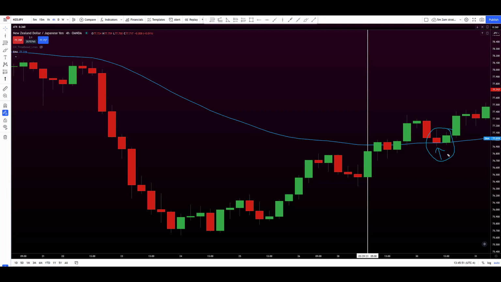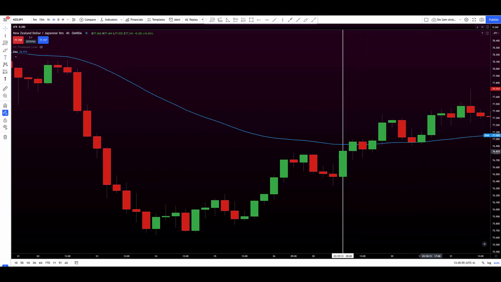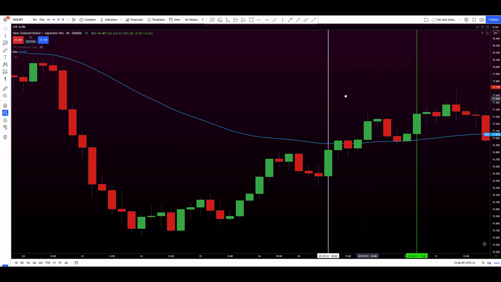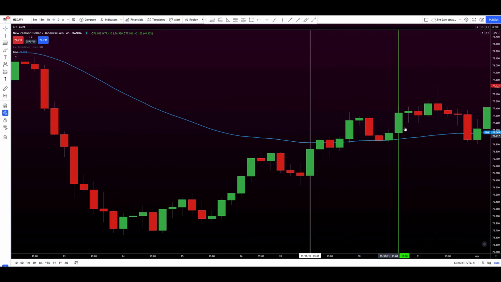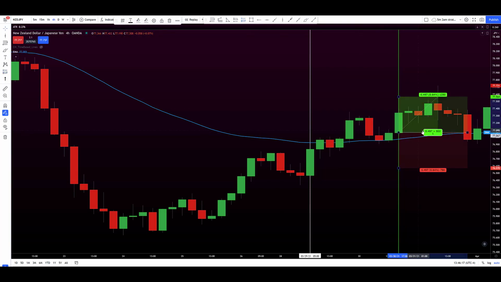Again, keep those rules beside you if you have to, but I can tell all these rules are met, and I can also tell just by looking at this that I hit a 1-to-1 reward to risk ratio. With that being the case, I'm just going to go ahead and plot a green line on the chart for a win. Now, again, you may go a little bit slower. You may not be able to tell quite yet that this was a win. You may have to actually get your position tool out. And these are all things you can do if you want to,